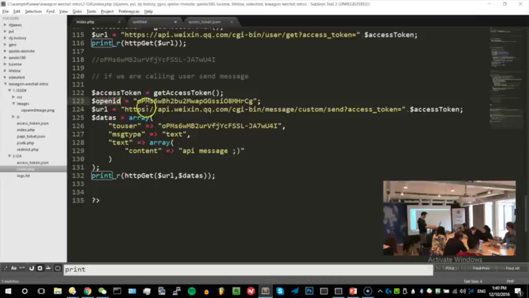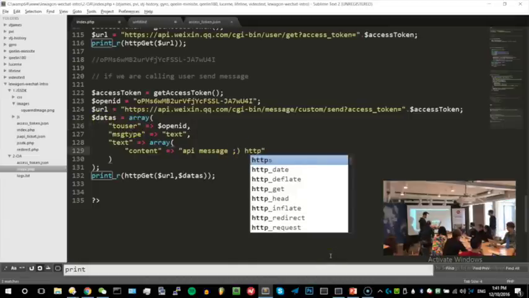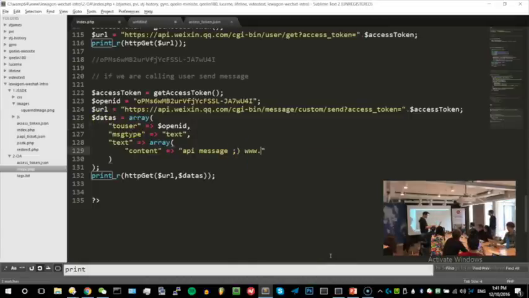Oh wait, okay, that's this one. And calling this URL that is actually telling WeChat to send this message to this person. And here, that's the message, and just to show you, I'm gonna check if the URL is also working, a link. Let's try it.